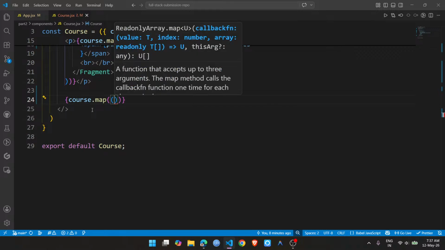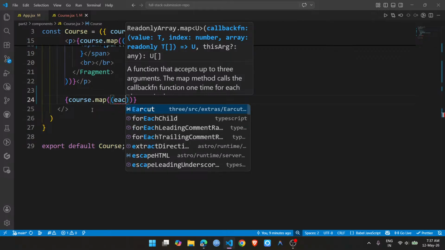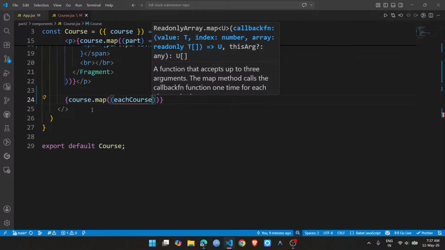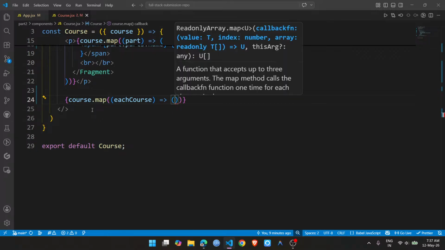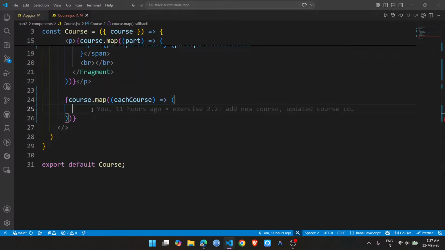Inside that map method, I would like to have each course. In that each course, what I would like to do is